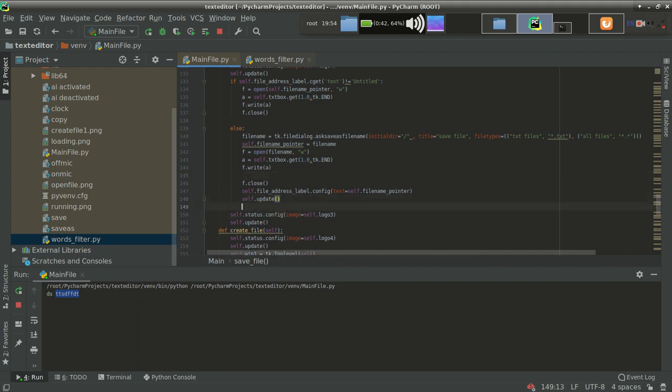Library means the file which contains the suggested words. I'm calling that file library, and that file should be of Excel type, .xlsx. It should be an Excel document. I'll show you how you can work with Excel documents also. Wait.